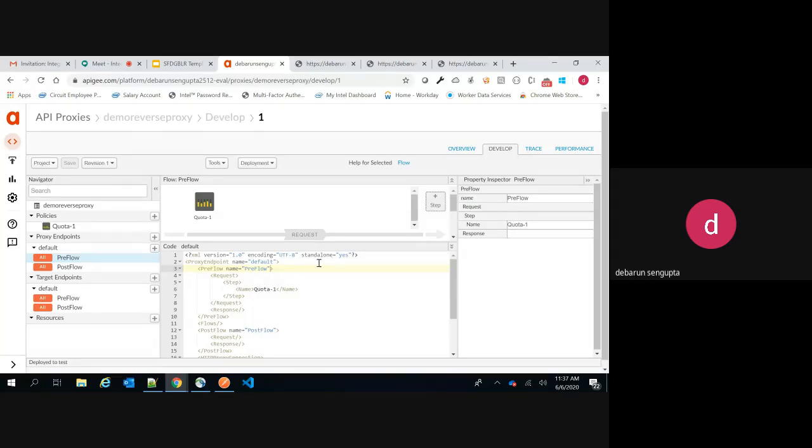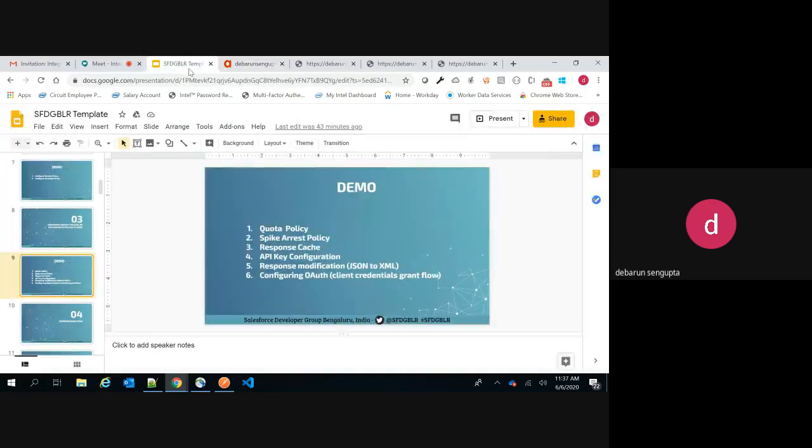Now we have completed quota policy, so say spike arrest. There's a minimal difference between spike arrest and quota policy. In quota policy, we allowed only 3 requests in a minute. What can happen sometimes is that at a particular fraction of time there can be a big increase in the traffic. Suppose we want only 3 requests to pass through in a particular few seconds of a minute, not in the entire duration of the minute.